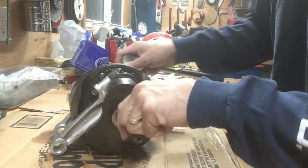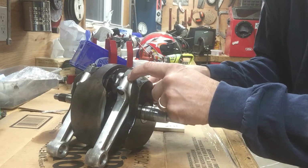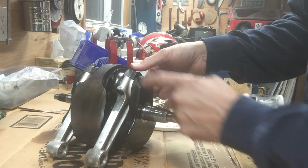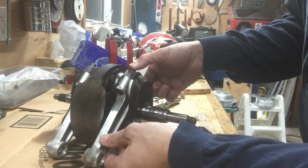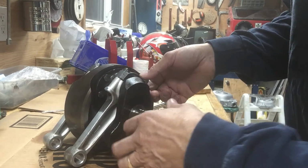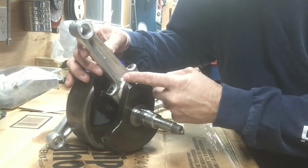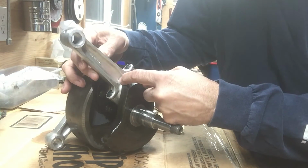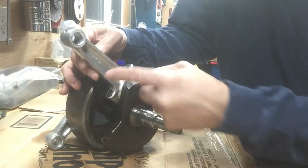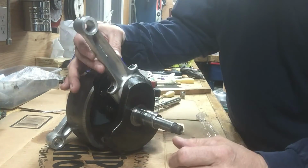I noticed there's already a, I don't know if you can see in the picture there, there's a slash across the rod and the bottom cap. I think somebody's put that there as a marker indicator when they took it apart for realignment. So we're going to check that. Also, on the rod, there's a little oil hole right here. The oil hole faces out away from the balancer weight, the center portion. So that's correct